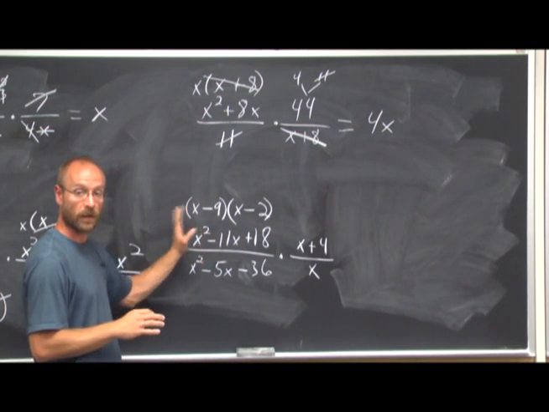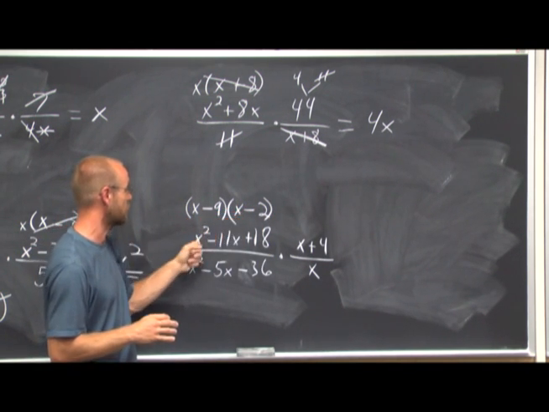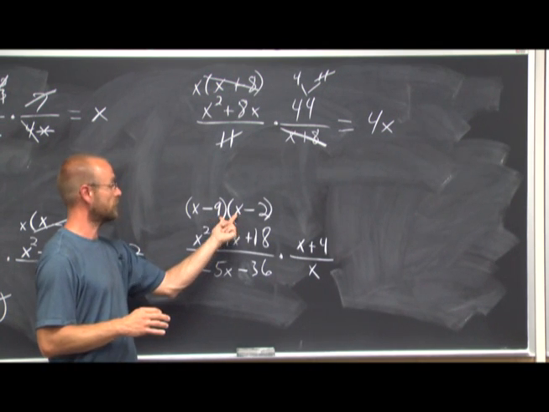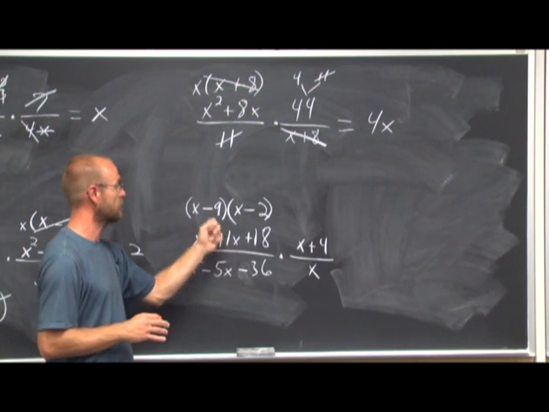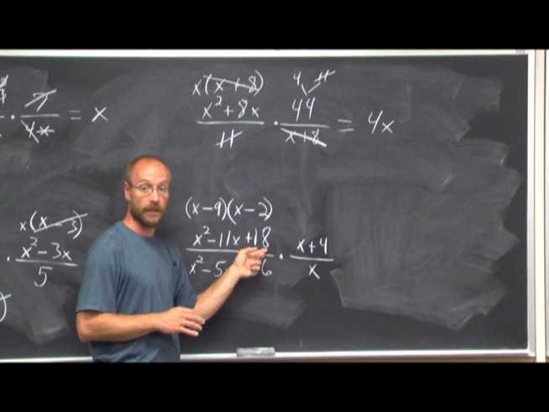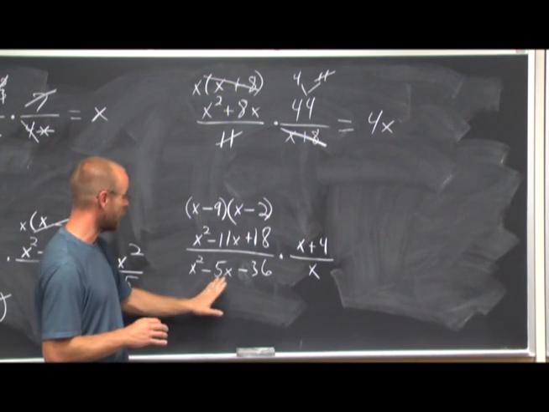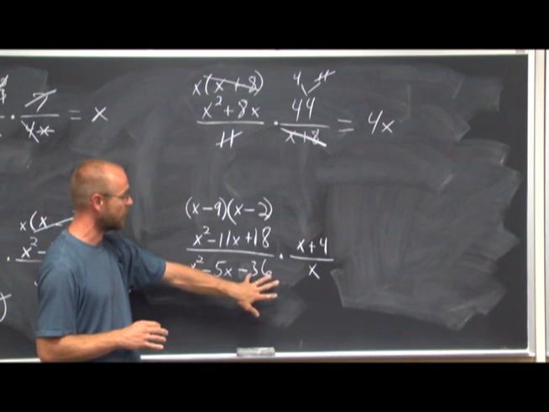And just to check my work, I could FOIL it back out. X times x is x squared. Negative 2x and negative 9x is negative 11x. Negative 9 times negative 2 is 18. So I check that. Now we can look at this and say, well, what are the factors of negative 36